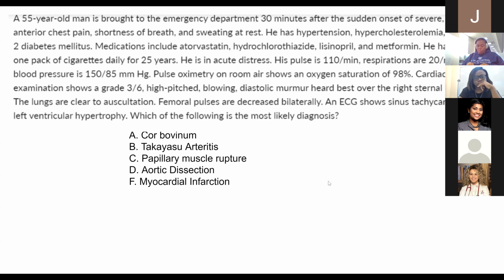What's next? Takayasu. Let me see for Takayasu. Cardiac exam. So with Takayasu,